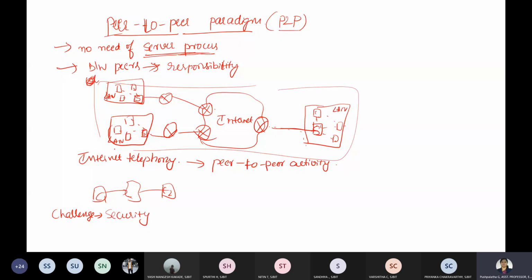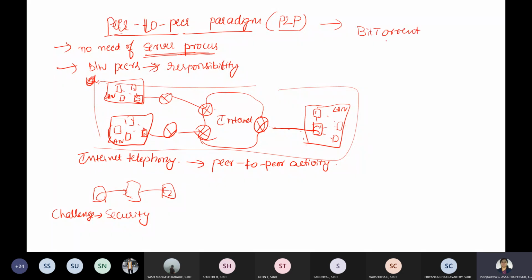When we talk about applications, what are the P2P applications? I think you will know BitTorrent, which makes use of P2P, and even Skype.